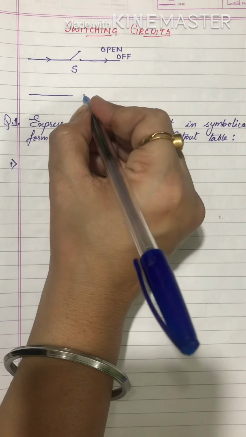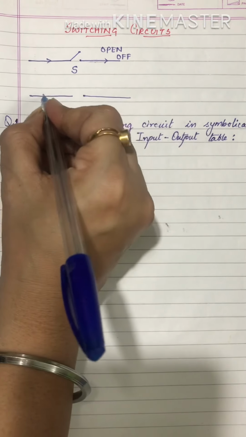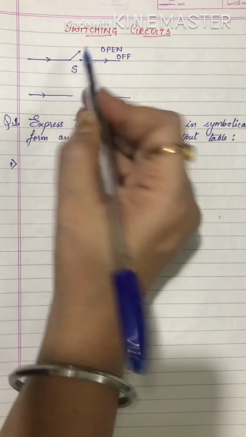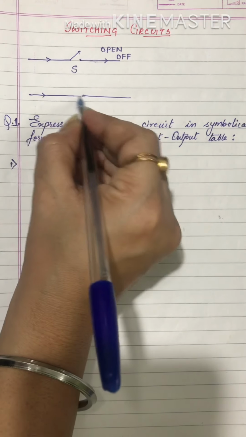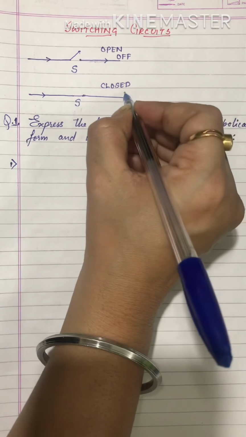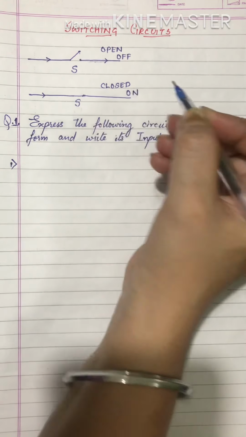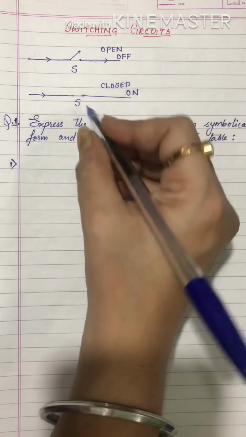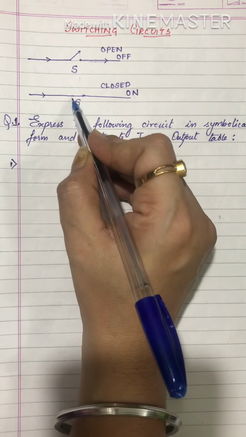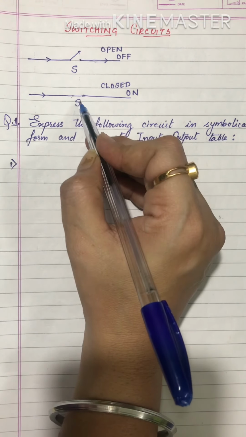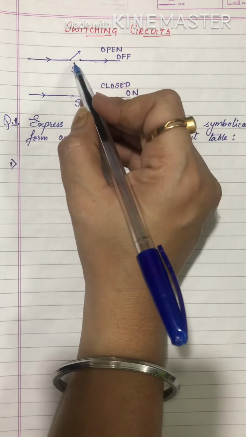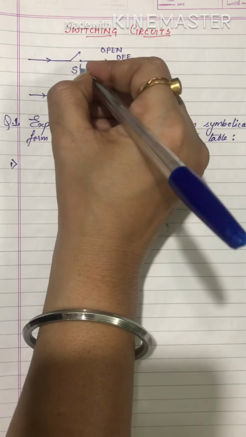Now when the switch is in closed condition, as in this second case, what will happen is, when you put this tab here and join the circuit, it will come like this. This condition is said to be closed and the switch is on. Symbolically, in a given circuit, if the switch is closed, that is it is on, it is denoted by S, then if the switch is open, it is denoted by S dash.